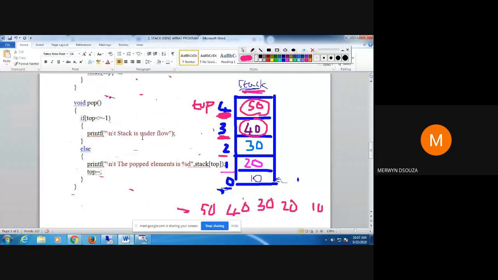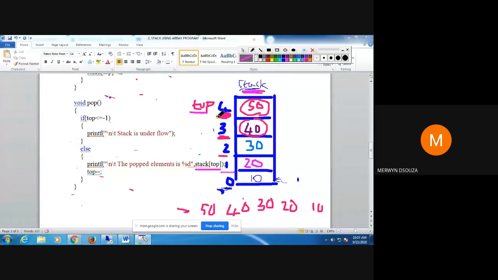So this is your pop function. Here the if part again handles the stack underflow condition, and the else part handles the actual pop operation. What we do here is first print the value that is present at this top. As you can see here, stack top.